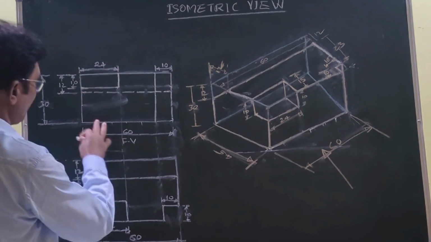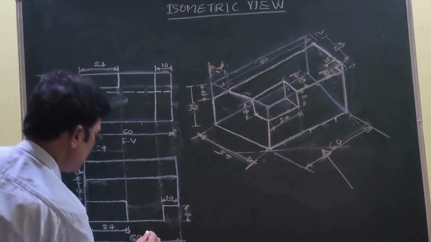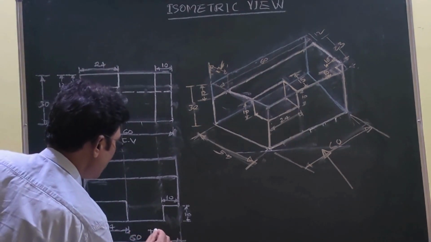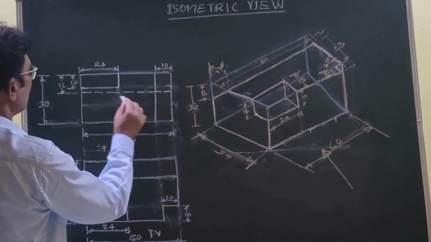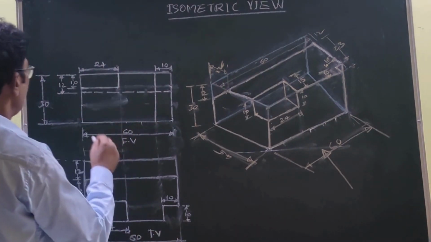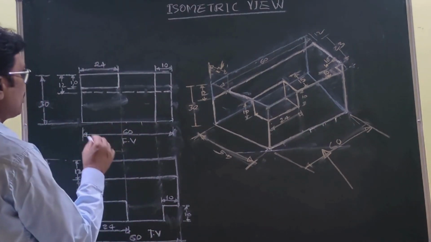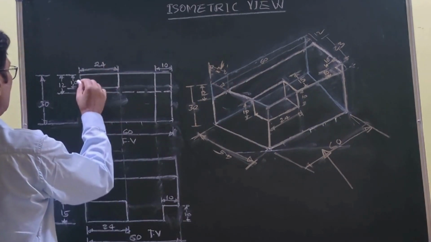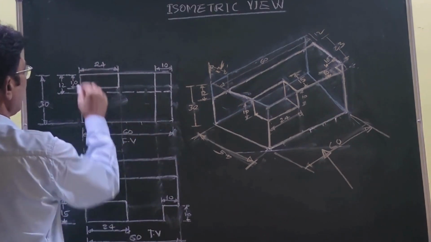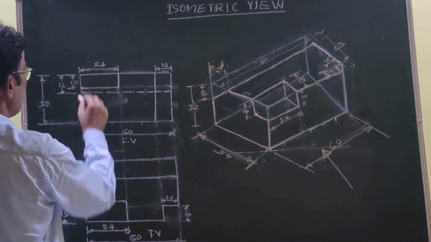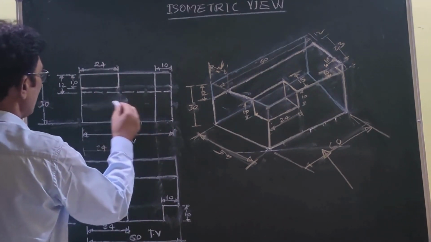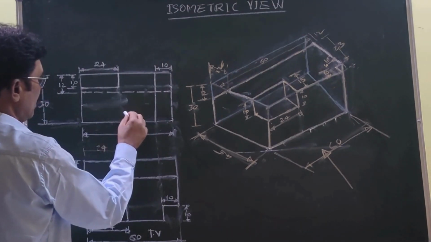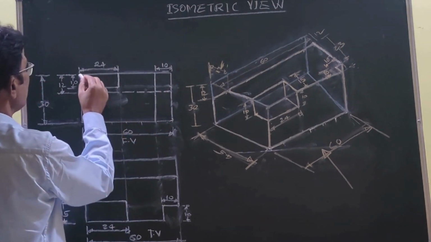First you have to observe this front view and top view. This is the top view, and this is the front view. In the front view, what are the dimensions that come? Length and height. This is the height, and this is the length. If you observe the front view, there is a